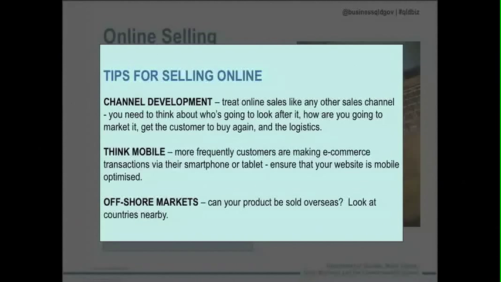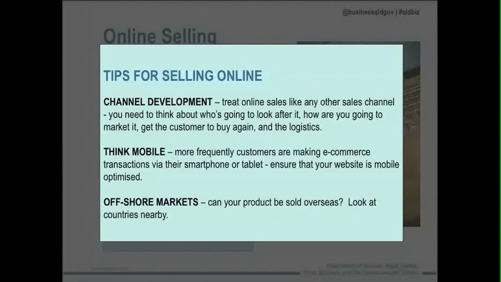Treat it like any other sales channel. So the concept of channel development is critical. You need to focus on things like who's going to staff it, how are you going to manage the logistics, how are you going to promote and market this channel, how's it going to be reconciled, how are you going to deal with returns. Like you would any other channel. Think of online sales as being a similar type of scenario to setting up a new retail store. If you were setting up a new retail store in Mackay or in Townsville or in Gladstone or wherever you might be, the process that you would go through to set up that sales channel is exactly the same process that you would go through, just slightly modified from an online perspective.